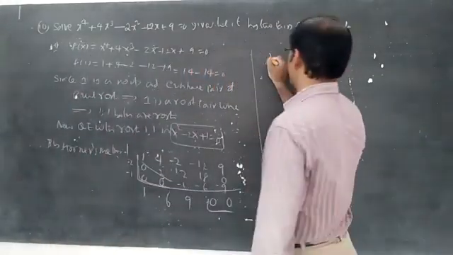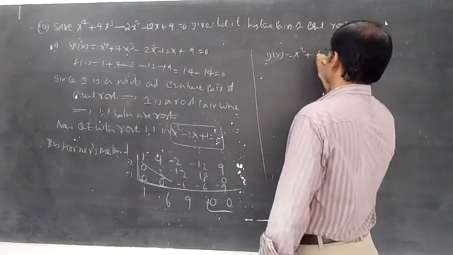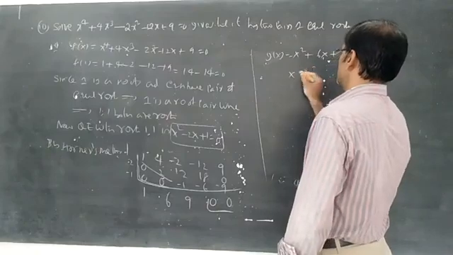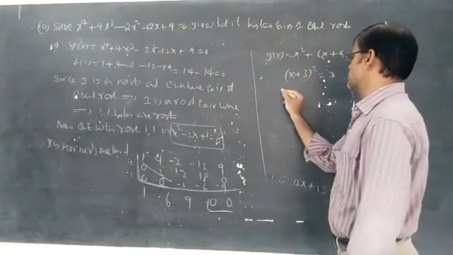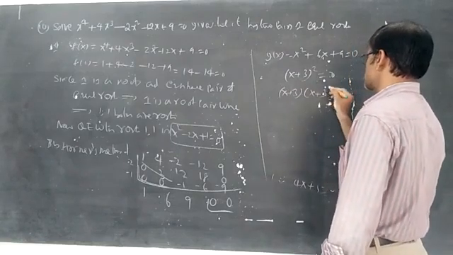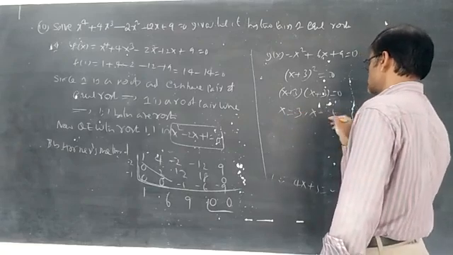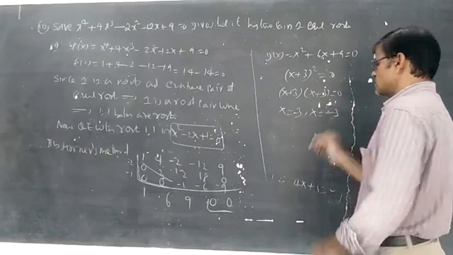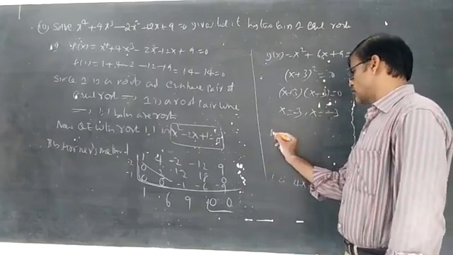So g of x now you can write. g of x is equal to x square plus 6x plus 9 equal to 0. Understand here, x plus 3 whole square is equal to 0. So x plus 3 into x plus 3 equal to 0. You can understand, x is equal to minus 3, x is equal to minus 3, because he said the condition that we are having two pairs of roots that are equal. Now roots are